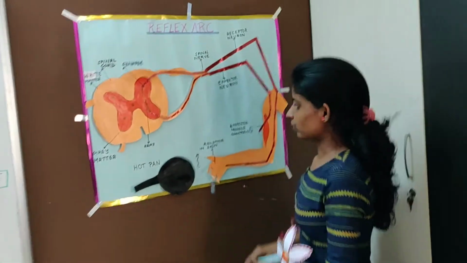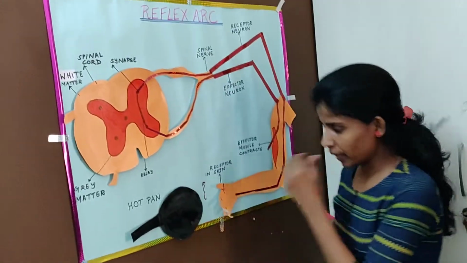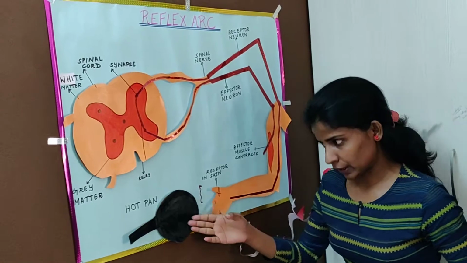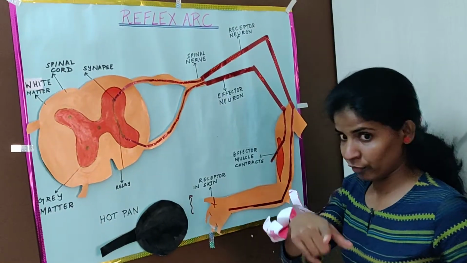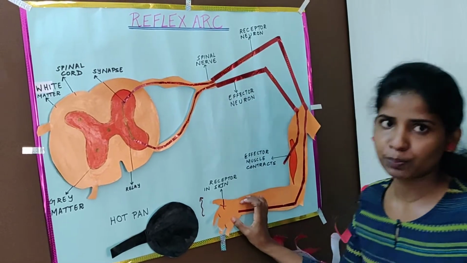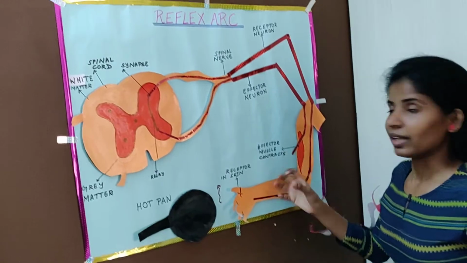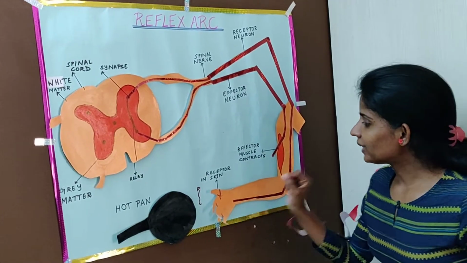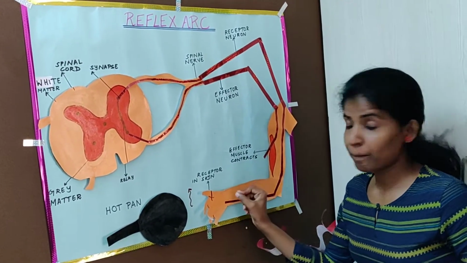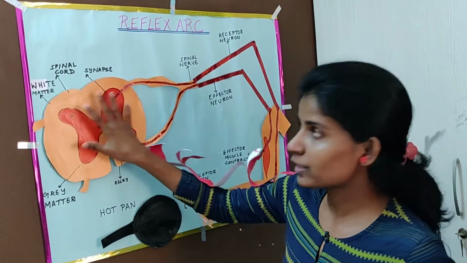Let us just consider that this is a hot object. So what happened when I touched the hot object, that is the flame? Something called a receptor is present. This gets activated and it detects the signal, that is the impulse. And then it sends these impulses directly to the spinal cord. So this is the spinal cord.